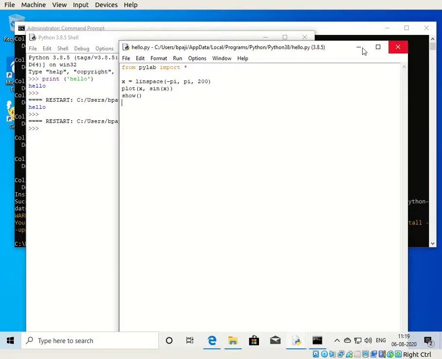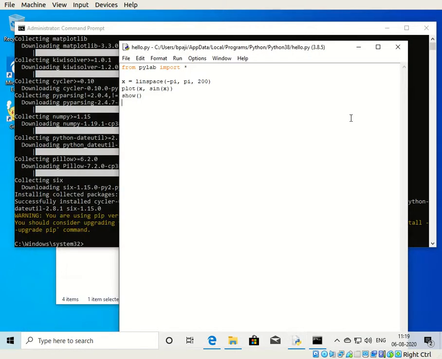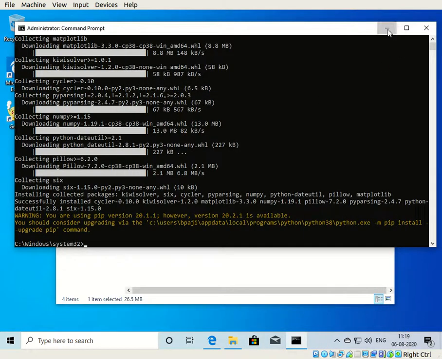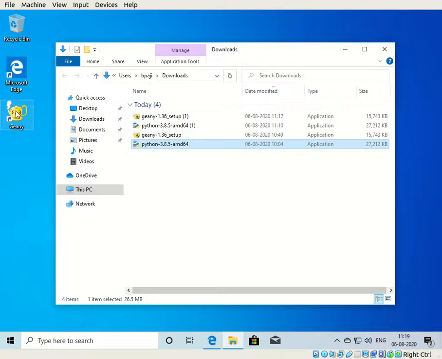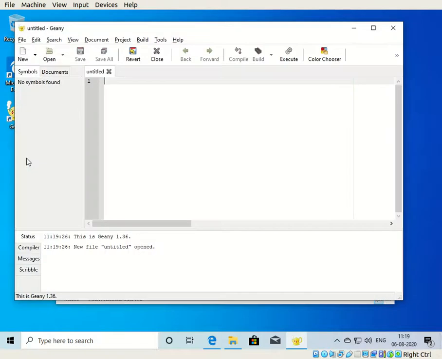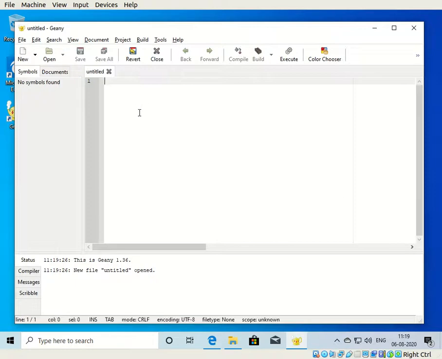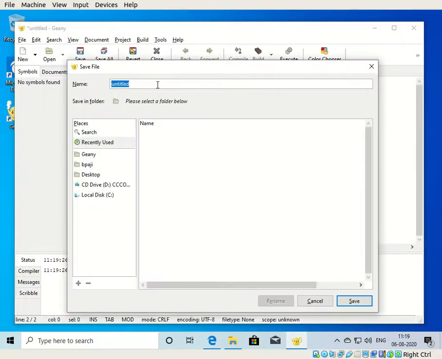So we will close these IDLE windows. And this also we don't need now. So the Geany shortcut is here. From here we will start Geany. So this is the Geany IDE, and here you can write the code, print hello, and you have to save it, give some name, say hello.py,